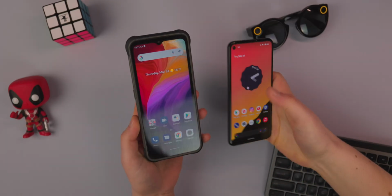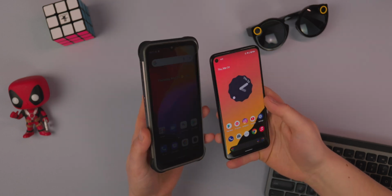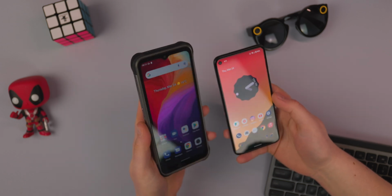Now, if you want to take great photos while you're away on that trip, don't use the camera in this for sure. Pick up another camera, bring a camera with you, bring a GoPro. You can actually pick up one of these. This is an Insta360 Go 2. This is such a tiny little action camera. I did a video on this. If you want to check it out, I'll leave a little card up there. It's a super small action camera that can mount pretty much anywhere, and you can get some pretty incredible